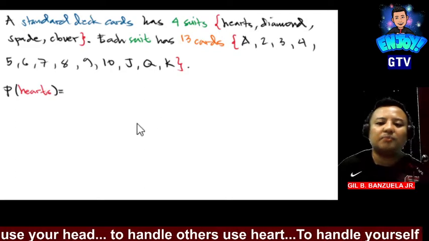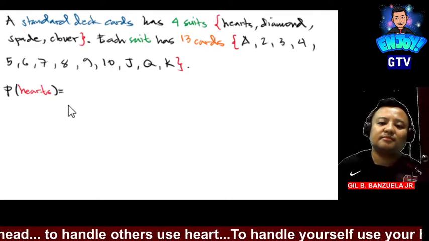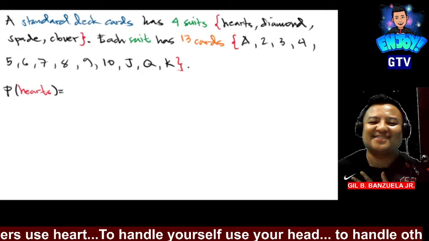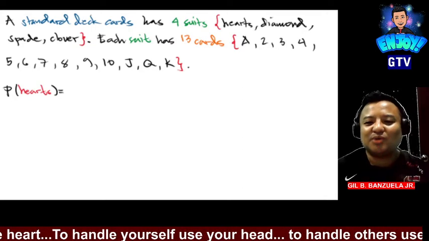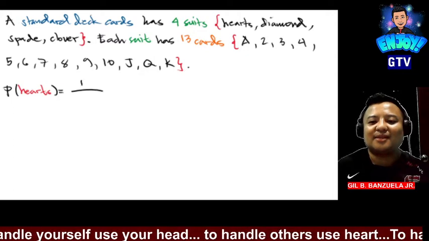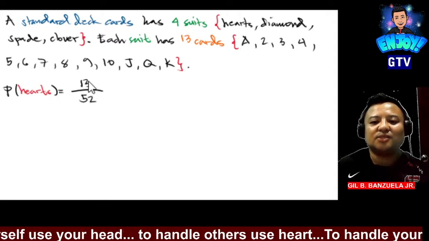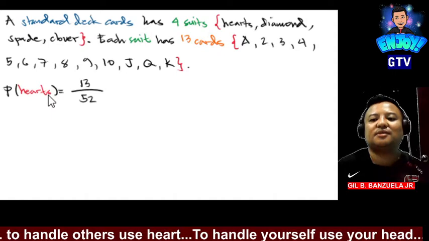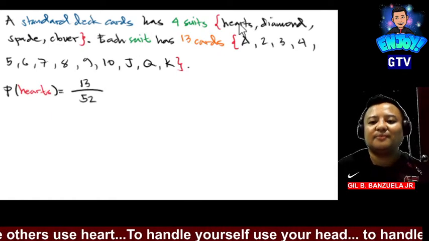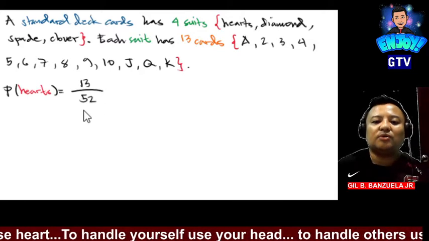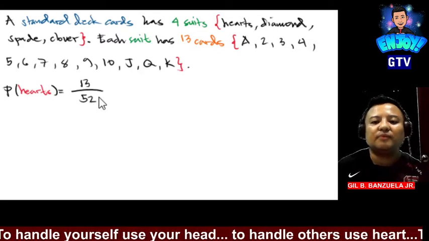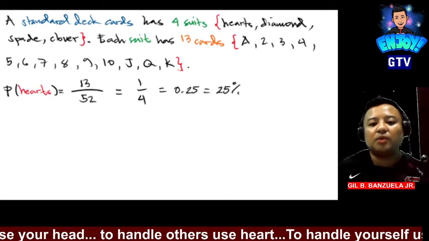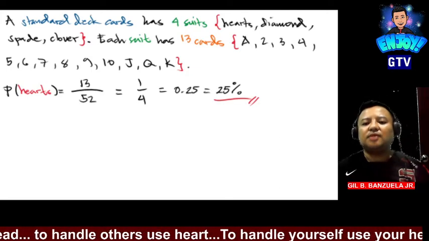Alright, now let's talk about the probability of getting hearts. How many hearts do we have? Oh, I only have 1 heart. But in this case, since we are dealing with a standard deck of cards, we have 13 in each suit. We want hearts, so there are 13 hearts, di ba? There are 13 cards out of 52 cards in total. So 13 over 52, in lowest terms, is equivalent to 1/4, or simply 0.25 in decimal,